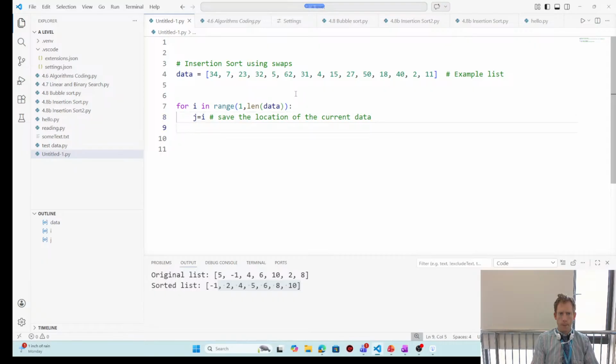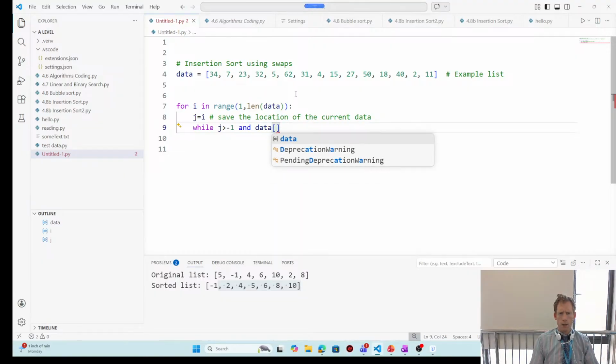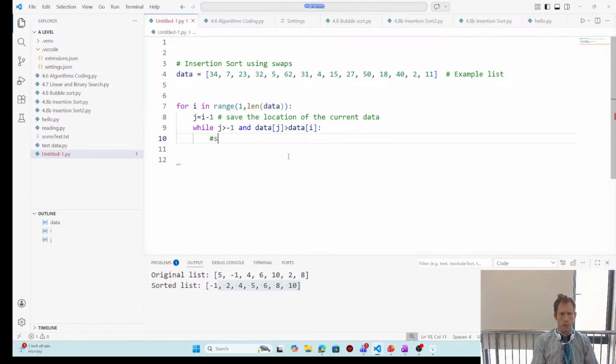Current data. While J is bigger than -1 and data J is greater than data I, swap data. So to swap the data,